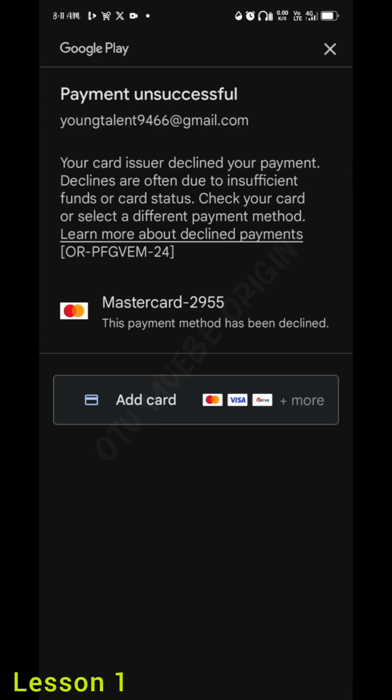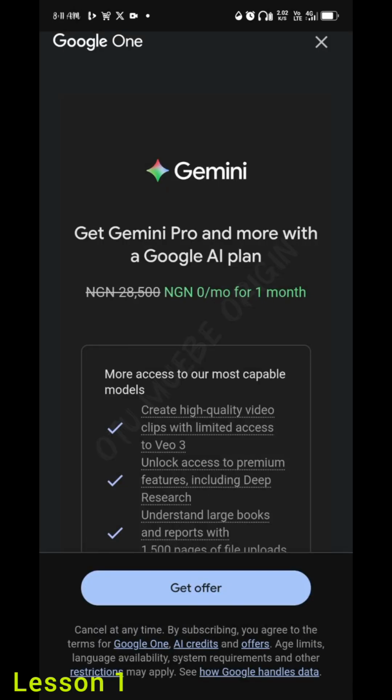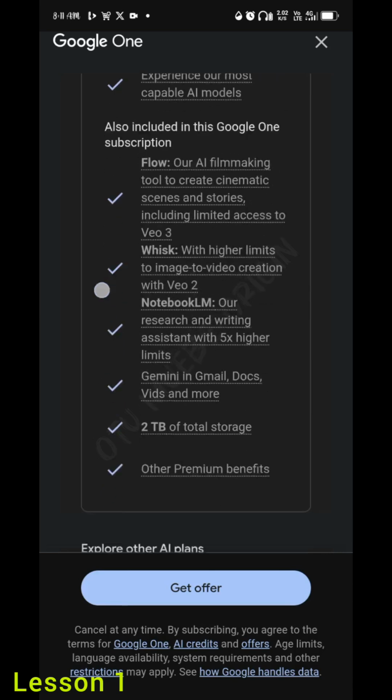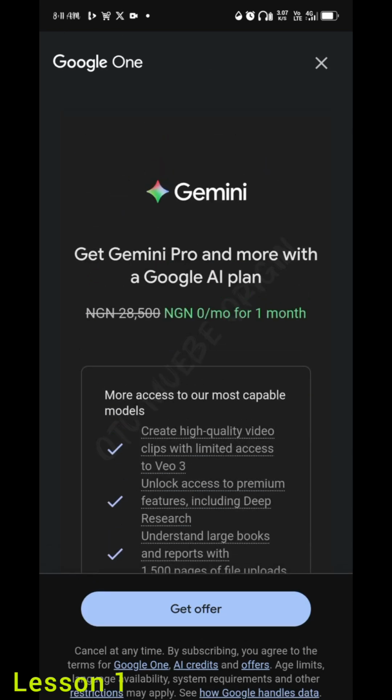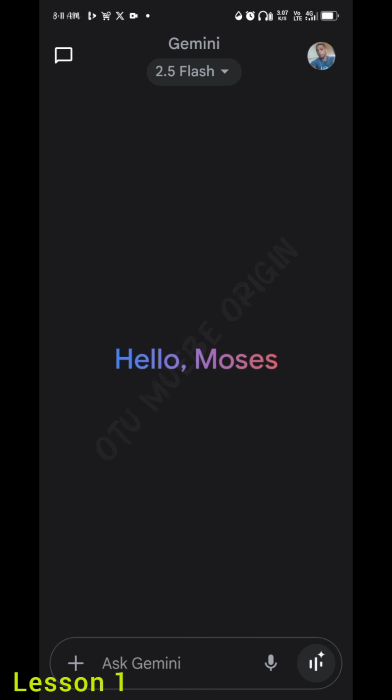Then you can cancel the pro subscription, and if you have a second Gmail, you can follow the same procedure over again. Register as a new user on the pro pack for another 30 days. Do you understand? After registration,